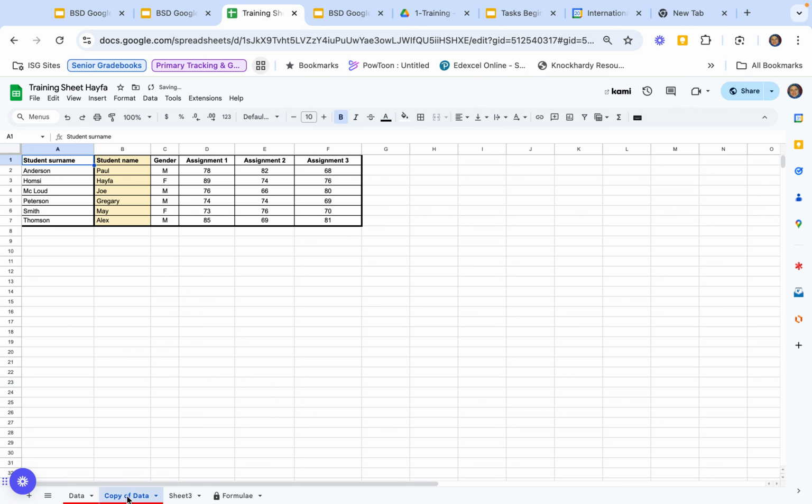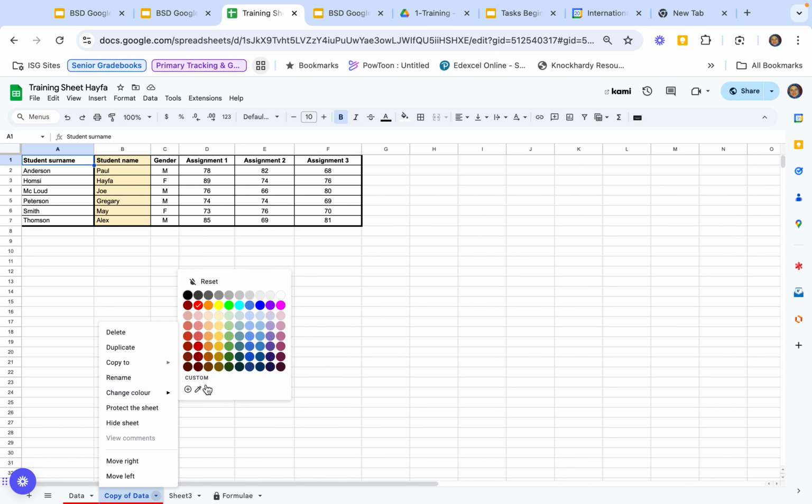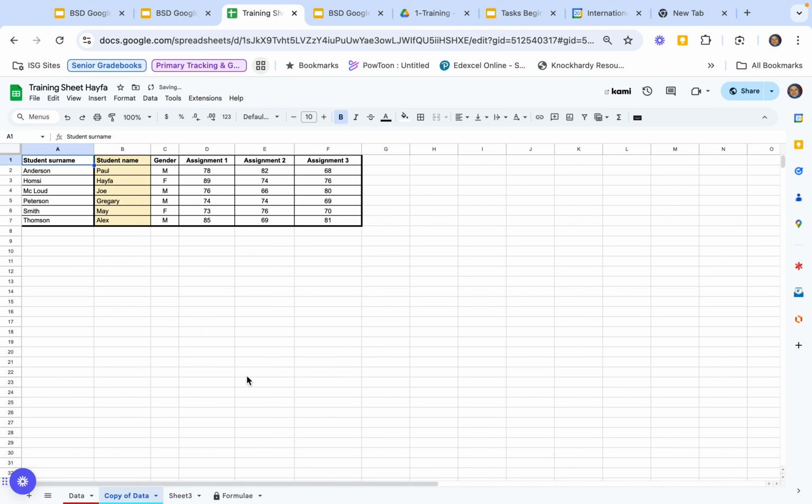When you duplicate a sheet, it calls it copy of, and it gives it the same color. Okay, hang on, I don't want it to have the same color. I'm going to give it a different color so I don't get them confused. So this is the copy of data, and basically I'm going to change the name for this one, practice formula. Okay, this is where I'm going to practice my formula, and I'm going to go back to my data sheet,